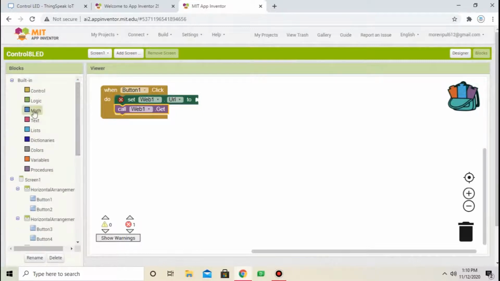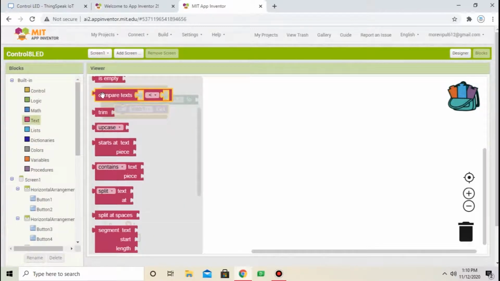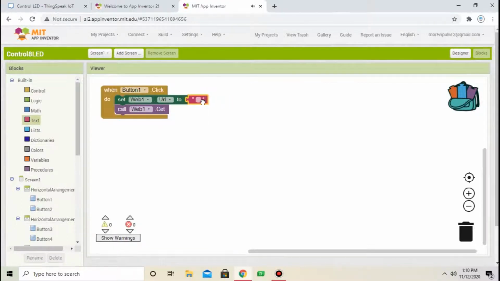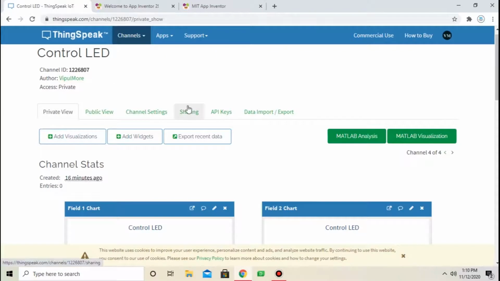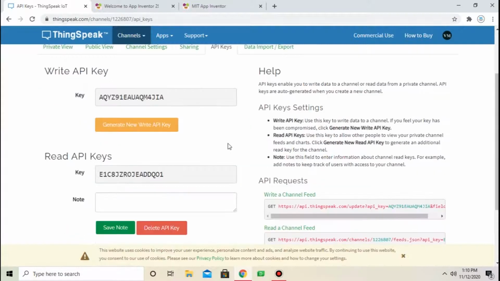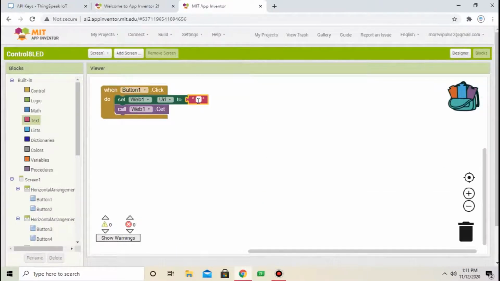From text, select empty string. From ThingSpeak server, copy URL. Paste here. Change field 1 value to 1.